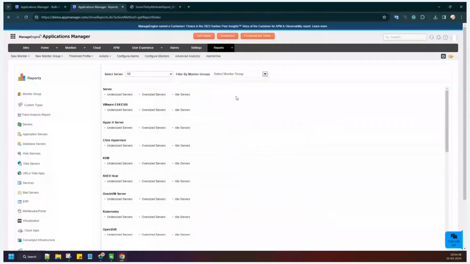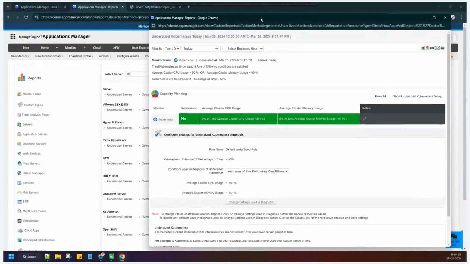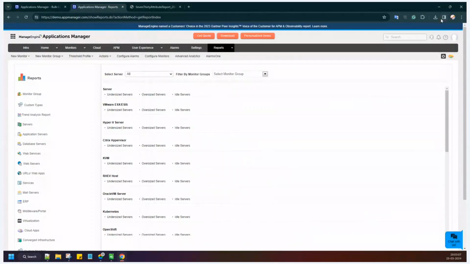the virtualization. And when it comes to the container orchestration platform, we just generate this particular report for the cluster CPU usage. So this will be applicable for the Kubernetes cluster and cluster CPU, and for the memory as well. So based on it, you can allocate the resource here. So this is the report, that is the capacity planning report. You can just check and verify the resources that have been allocated, and add or remove the resources from the